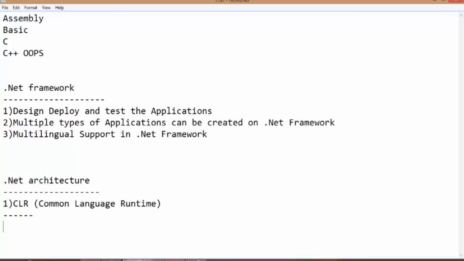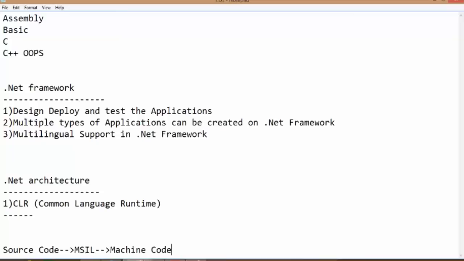So if I write it over here, first the source code gets compiled into MSIL code, and then through this MSIL code the machine code will be generated. Okay. So why do we need to convert the source code into MSIL? It's quite understood that it will take a longer time if we convert the source code into MSIL, then MSIL to machine code.